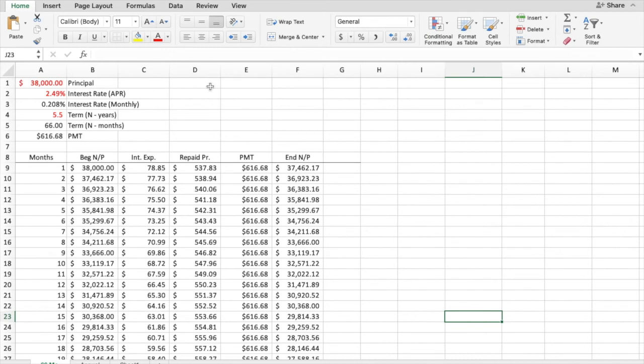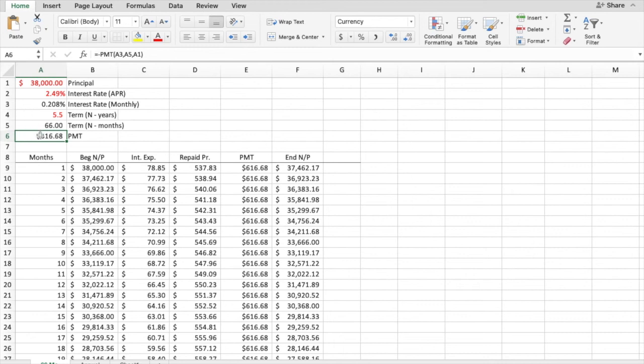So here we have an Excel spreadsheet. And this spreadsheet is set up to have an amortization schedule for 66 months. In the first cell, A1, we have the principal amount of $38,000. In the second, we have the interest rate, which is an annual interest rate, 2.49%. Dividing that by 12, we get 0.208%, which is a monthly amount. Our term is 5.5 years, or 66 months. And the payment, as calculated by Excel, is